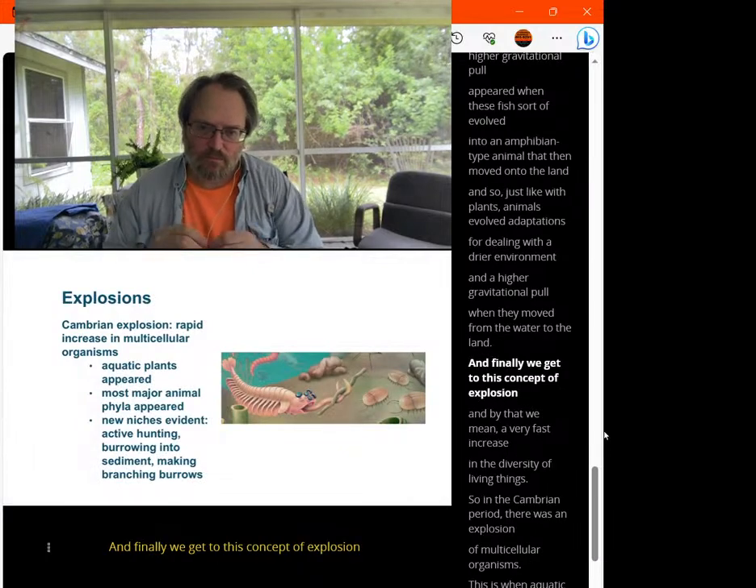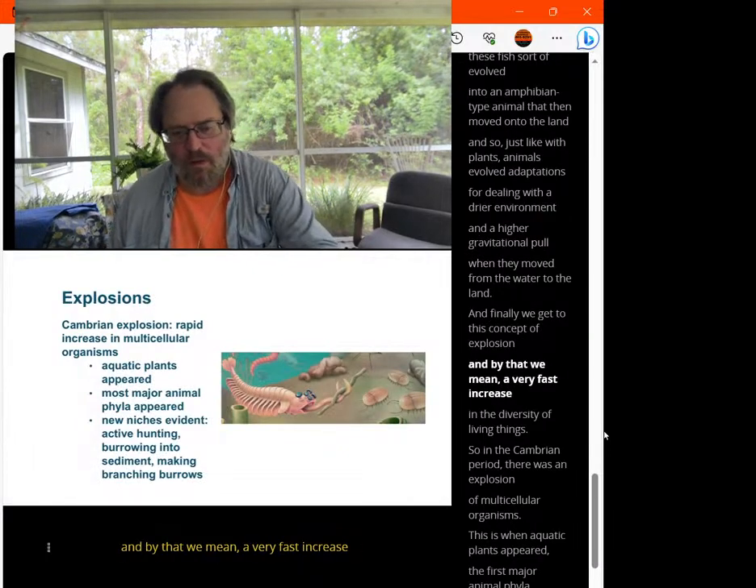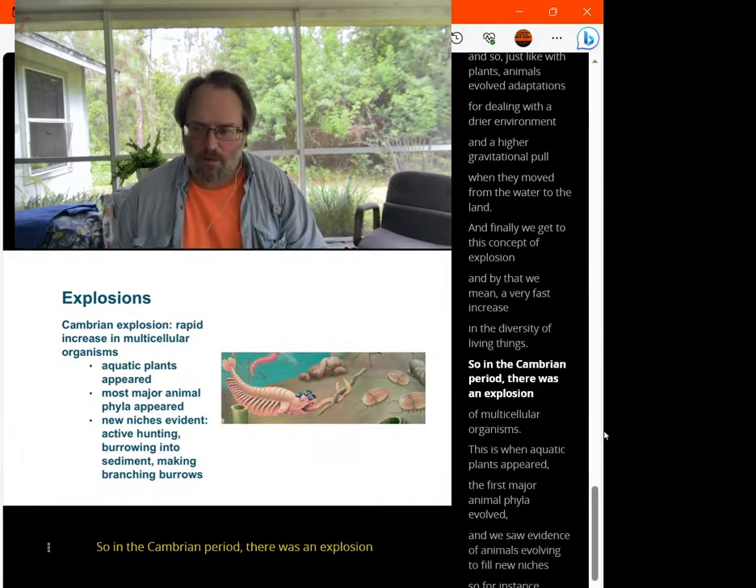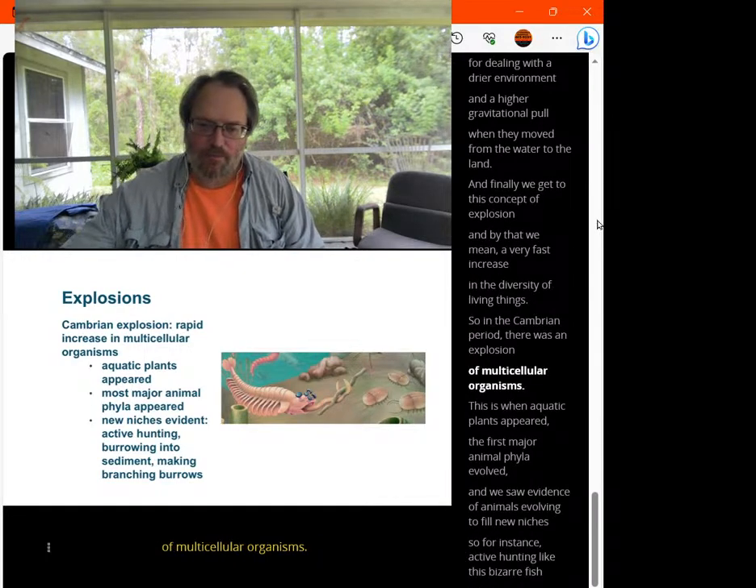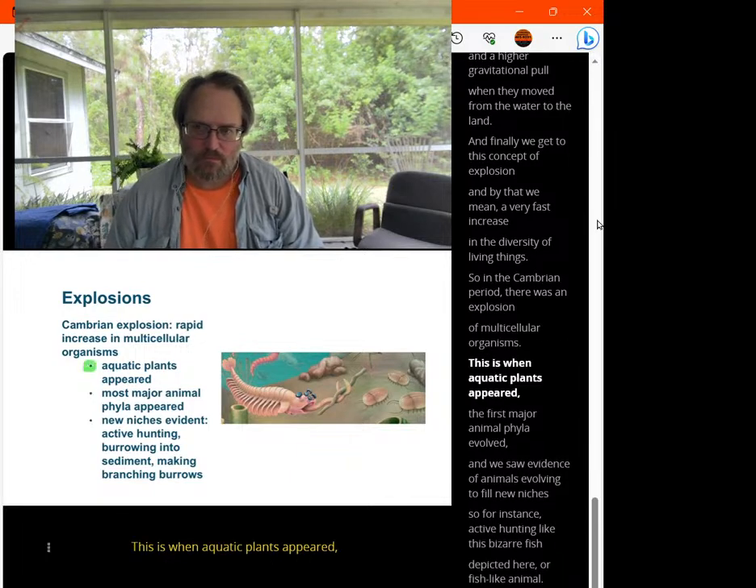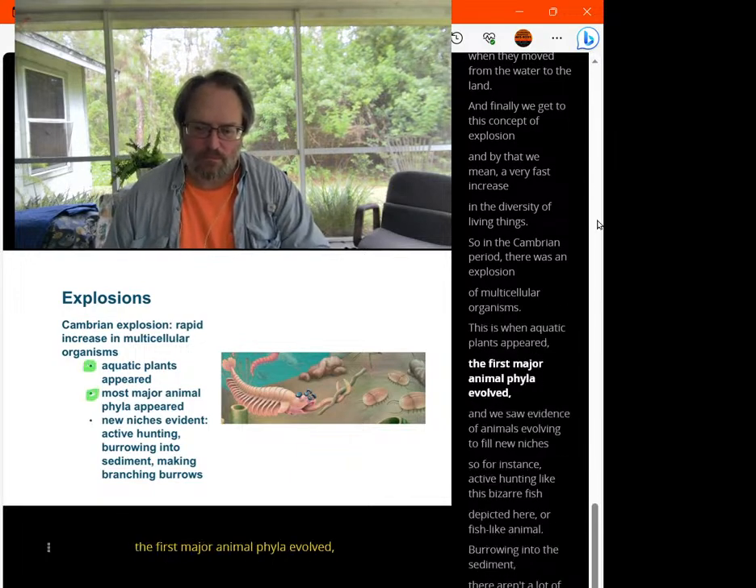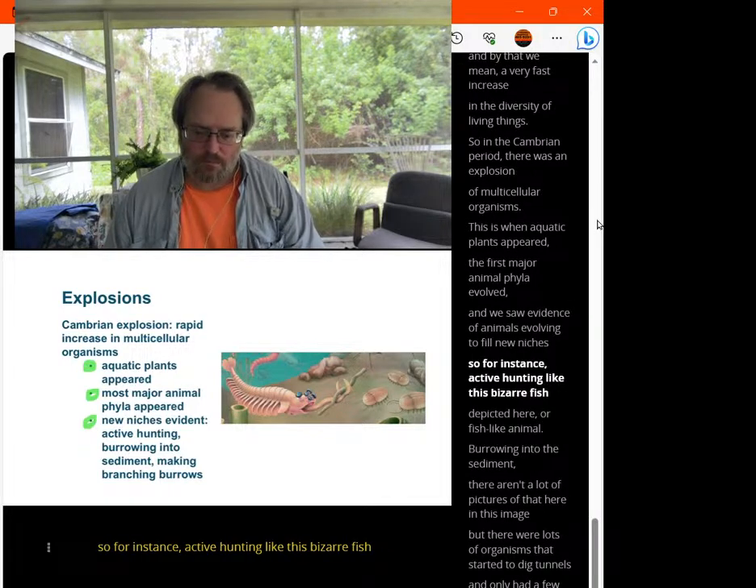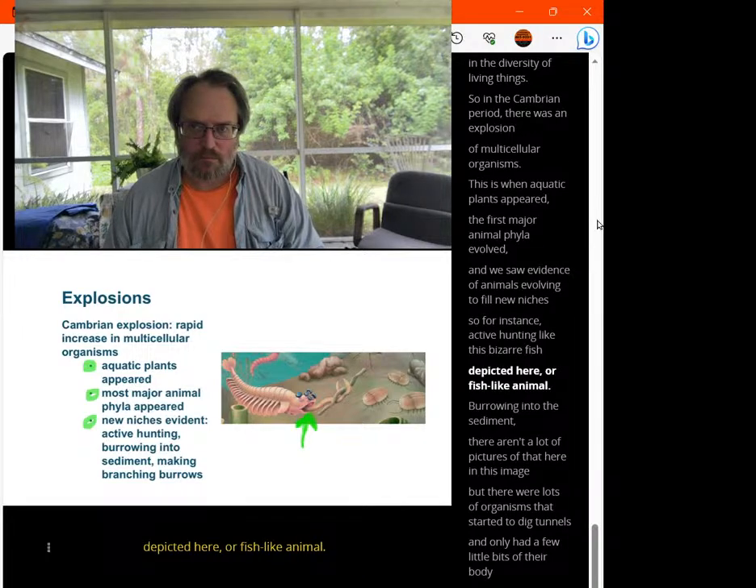And finally, we get to this concept of explosion, and by that we mean a very fast increase in the diversity of living things. So in the Cambrian period, there was an explosion of multicellular organisms. This is when aquatic plants appeared, the first major animal phyla evolved, and we saw evidence of animals evolving to fill new niches. So for instance, active hunting, like this bizarre fish depicted here, or fish-like animal, burrowing into the